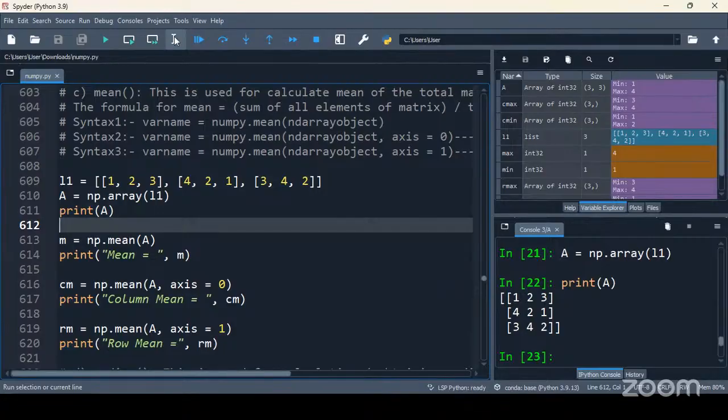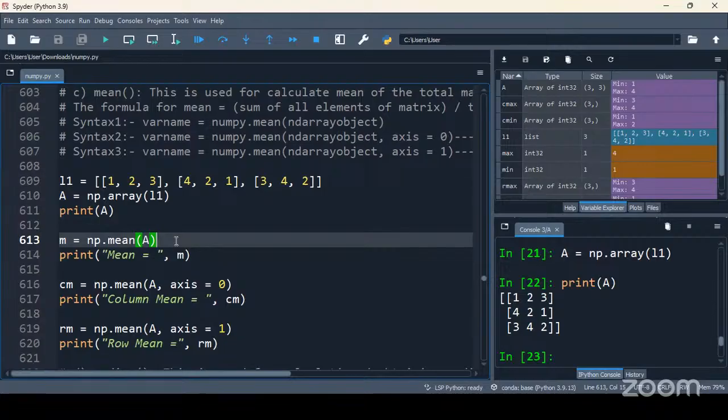Then I'm going to use the mean function from NumPy where I am passing a. So when I pass a, all the values of a will be considered, and